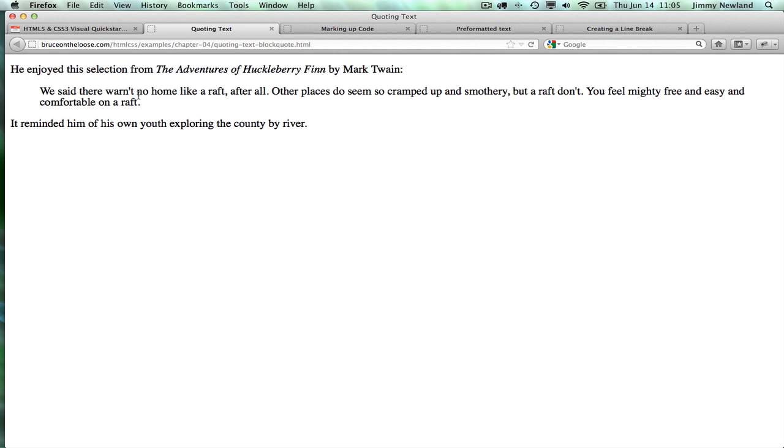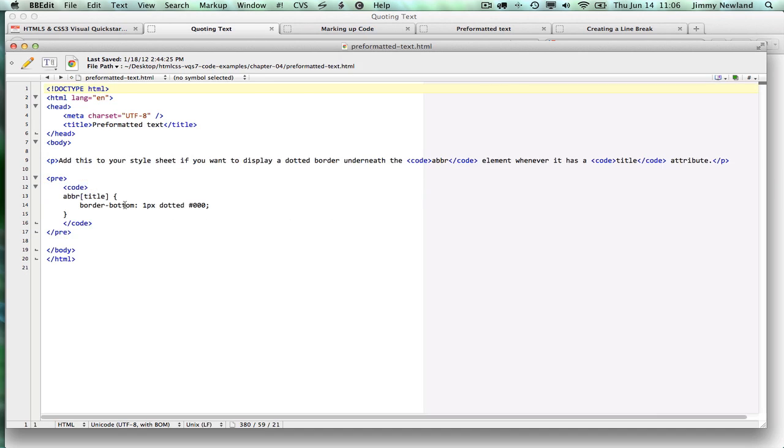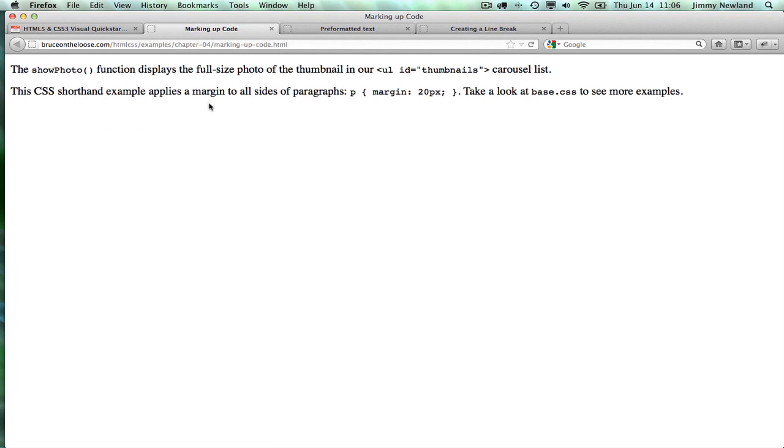So the block quote sets this off, it indents it, it puts a blank line above and below, and it's just a very common thing to do. You can also quote inline, so as a phrase. You'll have to read more about that in the chapter, but I wanted to mention the block quote because it's just so common. Okay? Alright, so occasionally you need to actually demonstrate code, like maybe HTML or PHP or Java